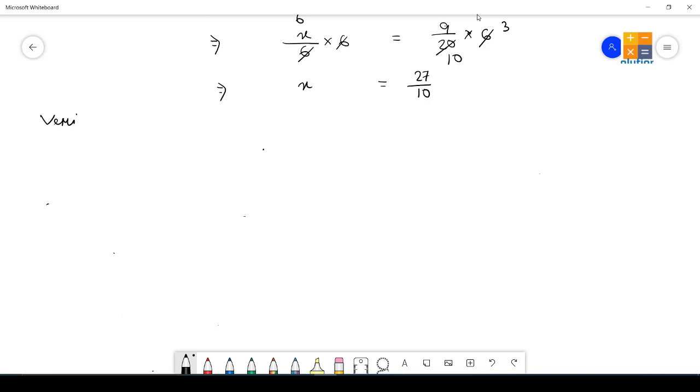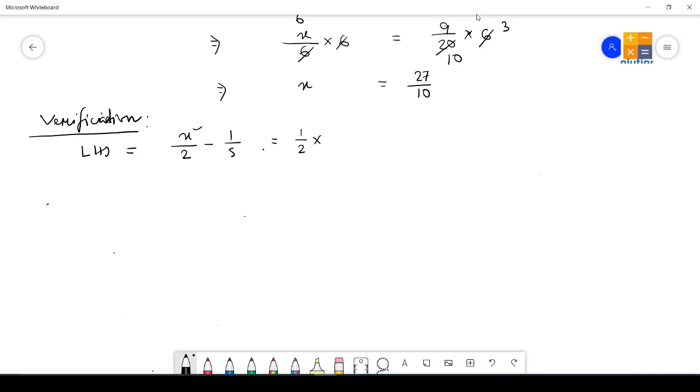Now for our satisfaction, we have to perform the verification. Let us check whether our answer is correct or not. So here goes the verification part. Starting with the LHS, what do I have? x by 2 minus 1 by 5. In place of x, in this part I can write half into